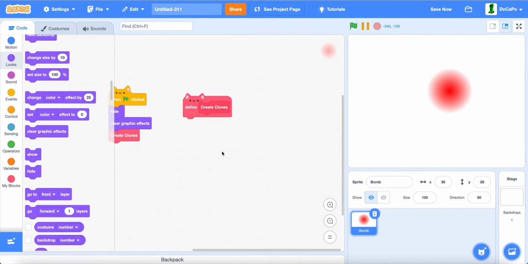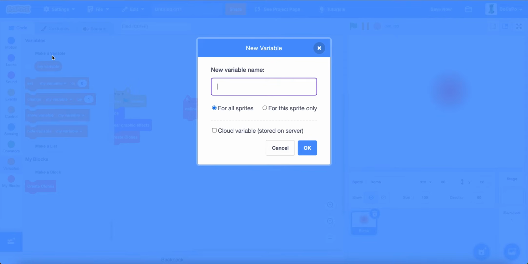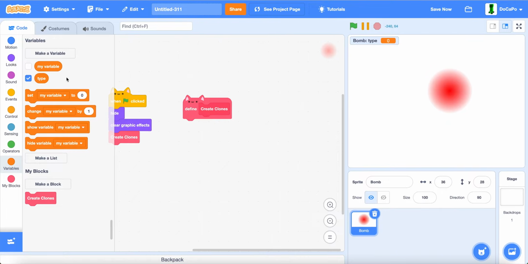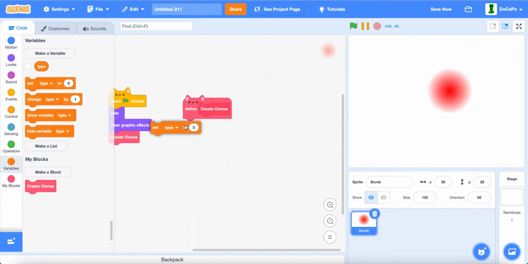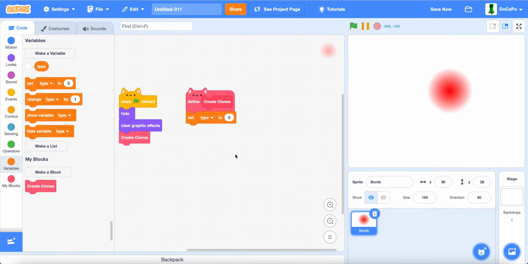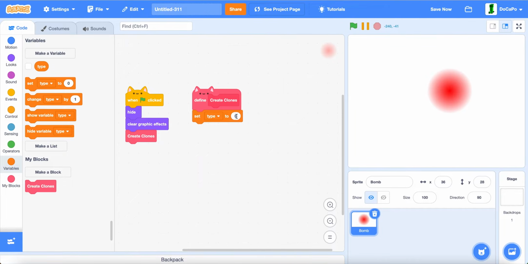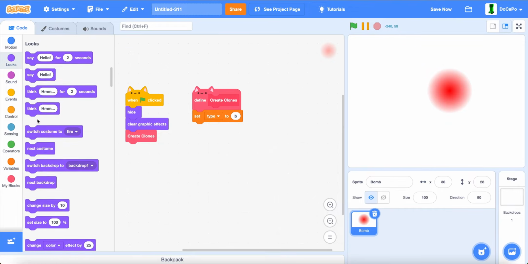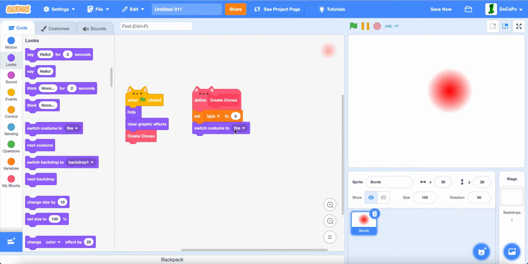Now, in create clones, create a new variable named type for this sprite only. Now in here, set type to B for button, switch costume to black, a red button which is the start,